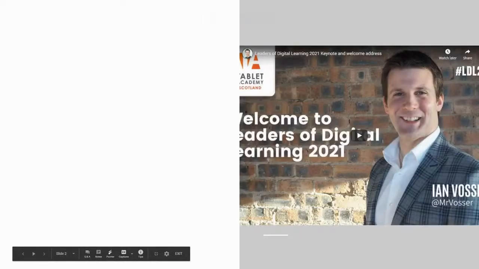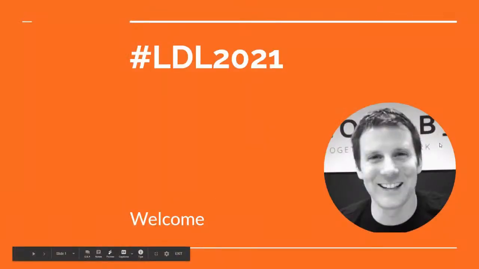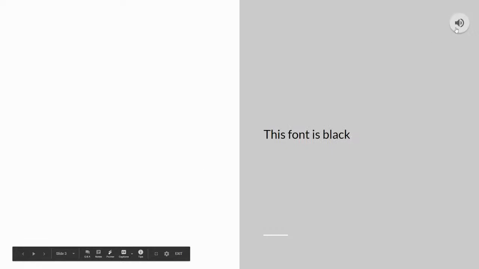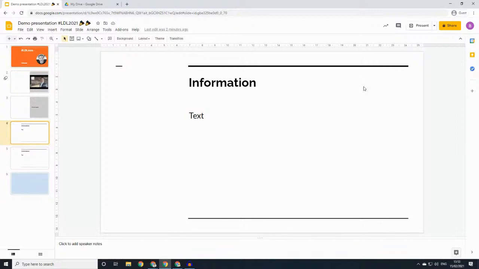So if we start with the image, we've got ourselves the image there that we've imported and masked. We've got ourselves the video that's playing automatically, and we've got ourselves our audio that plays on click. Now, you may or may not have heard that audio, depending on whether it was loud enough, whether or not I talked over it. So in terms of the main components of things to insert, I think images, video, and